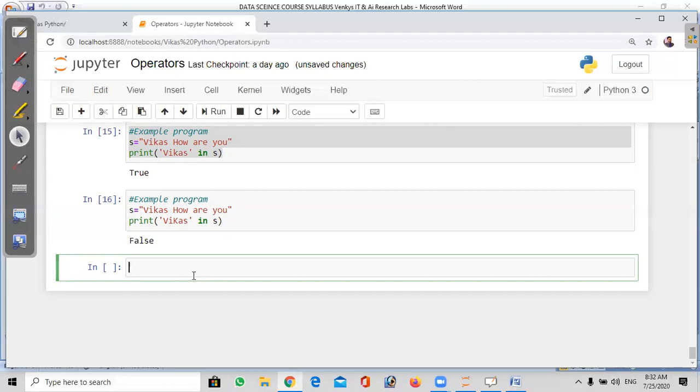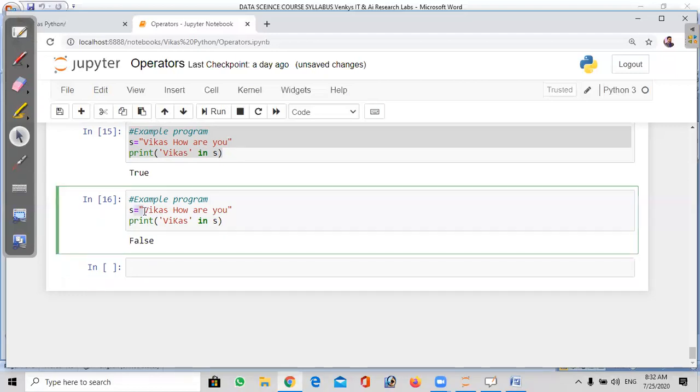So this is all about the operators concept. Next, we'll move on to input and output. Input output means, if you are writing any program, we need to use input and output. Without giving the input, we cannot get the output. See here, what is the input for this program? S equal to 'how are you' is the input. The expected output will be this one, and I get this output with the help of the print function. Without the print function, we cannot get this output.